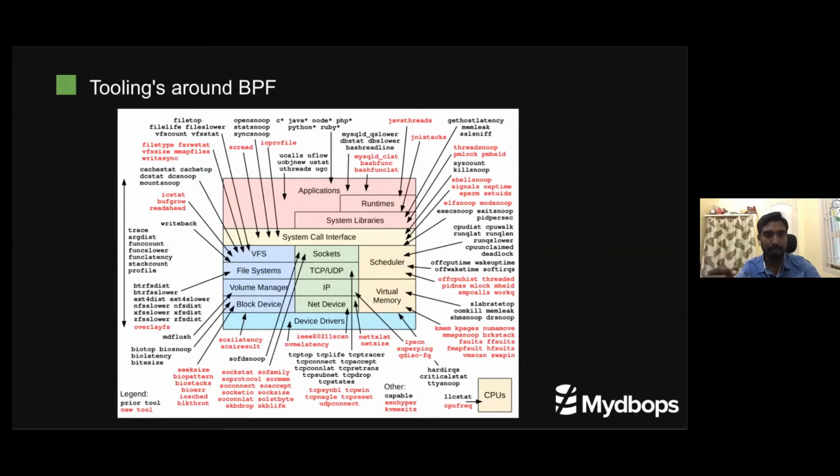Okay, you can see there are many tools for BFS, even from the device drivers, net mappings, and don't get panicked by the markings of red and black. So black is just a stable tool which already exists, and red is an upcoming new tool which is being developed, and it is pushed for code quality and check.